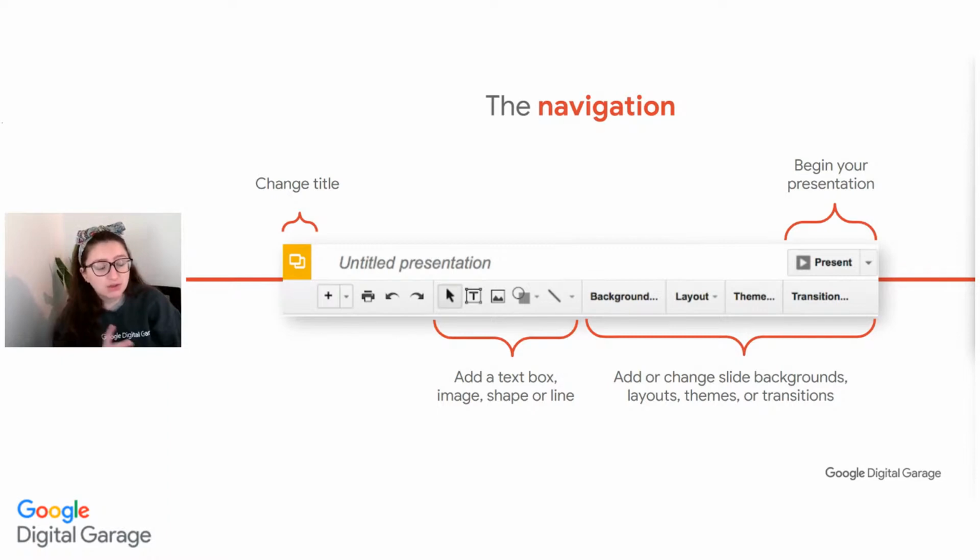The only thing that's different here with Google Slides is this top right here, the present section. Now you've got two options. You can either just press the present button. It will make your slides full screen. If you don't have speaker notes, that's a great option, and then you can just click through the slides. If you have speaker notes and you've got two screens and you want to be able to see your speaker notes in front of you, you can also use that little arrow next to present and select presenter mode, which will then open up a full screen presentation so you can share that with your audience, and it'll also open up a second window that includes your speaker notes that you've worked on.